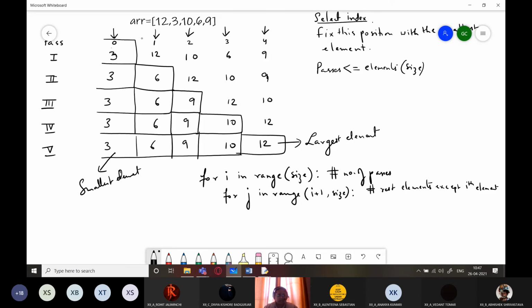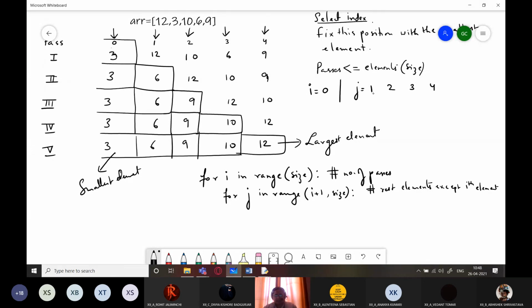Now what I am going to do? Suppose now if we start I from where? 0. So when I is 0, j starts from 1 and j will take up all the values 1, 2, 3 and 4, where 4 is equal to size minus 1 because size is 5. So obviously j will be taking up the last value as 4, that is 5 minus 1.